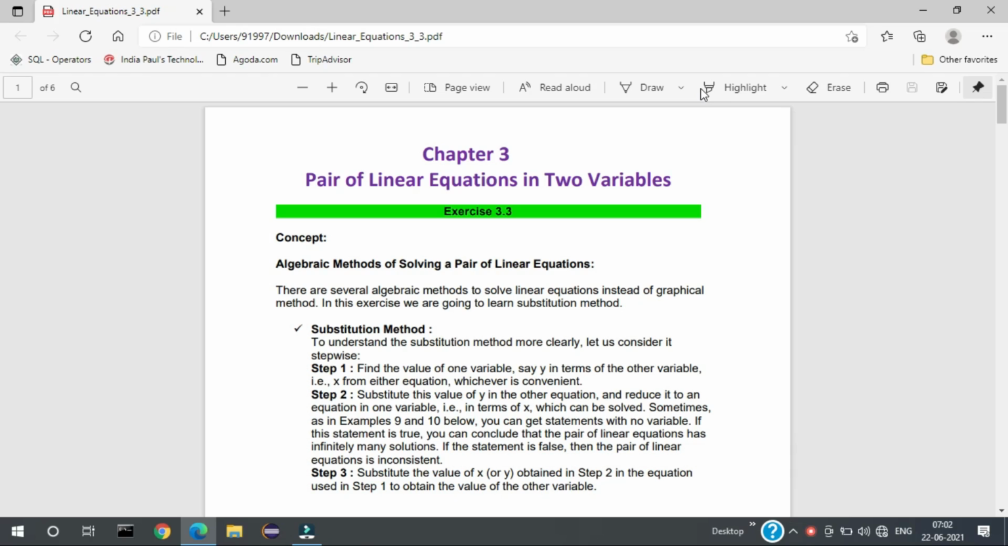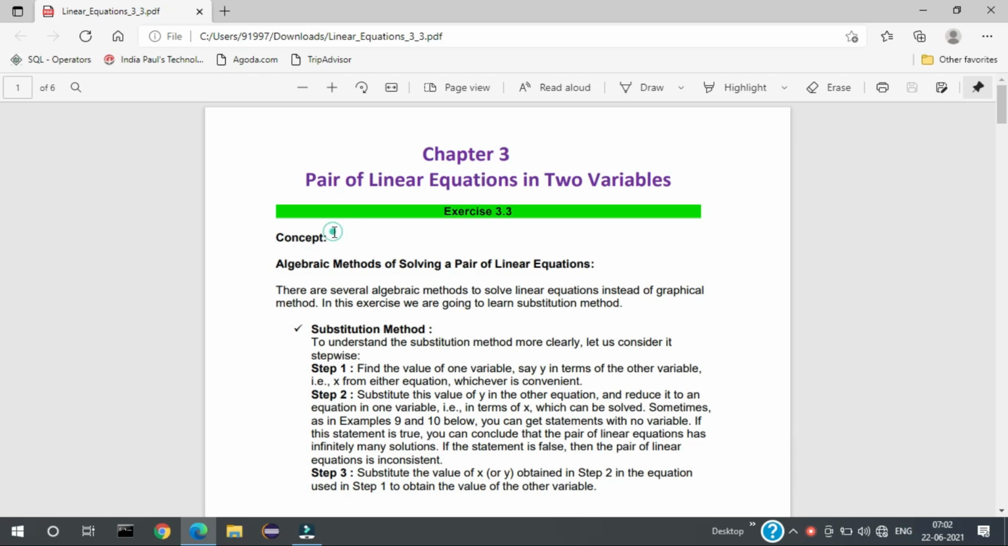Pair of linear equations in two variables. Coming to exercise 3.3. Before we solve the equations, we need to have the formulae, so that those formulae can be used in the problems. So, first